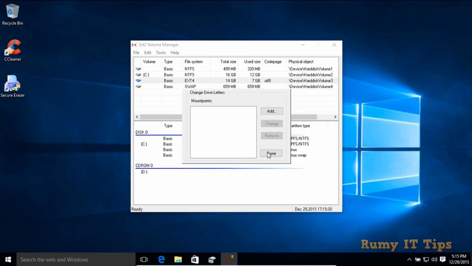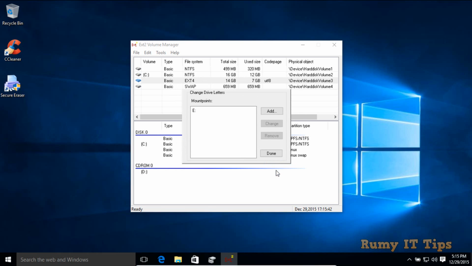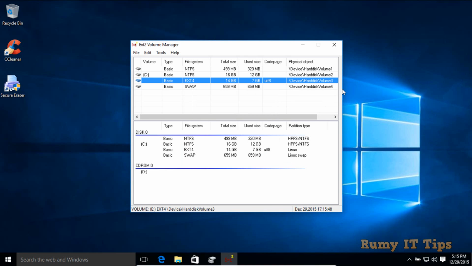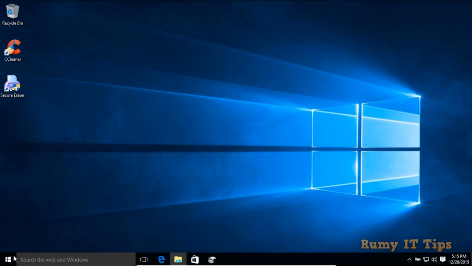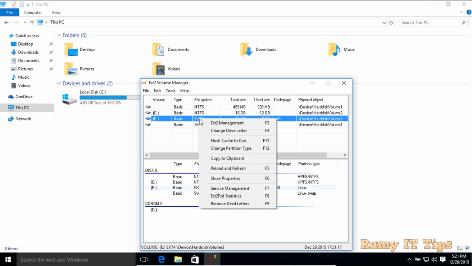If it doesn't select the first time, do it again. Leave the rest as it is, click OK, and now click Done. As you can see here, the drive letter is now chosen. If it's not working, just restart your PC, and after the restart you will get the drive letter. As you can see, now I have the drive letter.